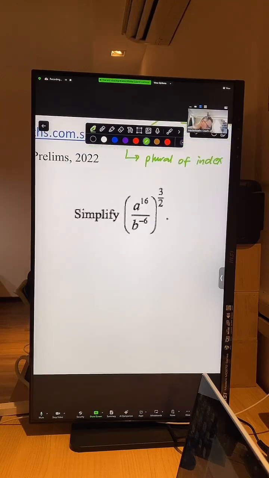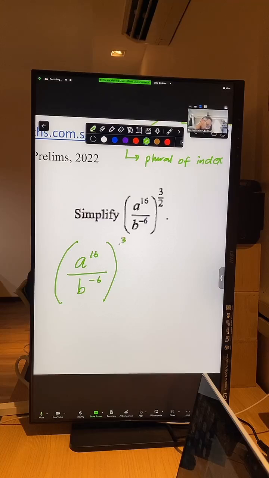Okay, so let's see how we do this. I'll just rewrite the question first. A to the power of 16 over B to the power of negative 6, then in brackets, and outside there's a 3 over 2. 3 over 2 is an improper fraction. So the laws of indices state that when you have a base with an index, and then you have a bracket, and then outside the bracket you have another index,